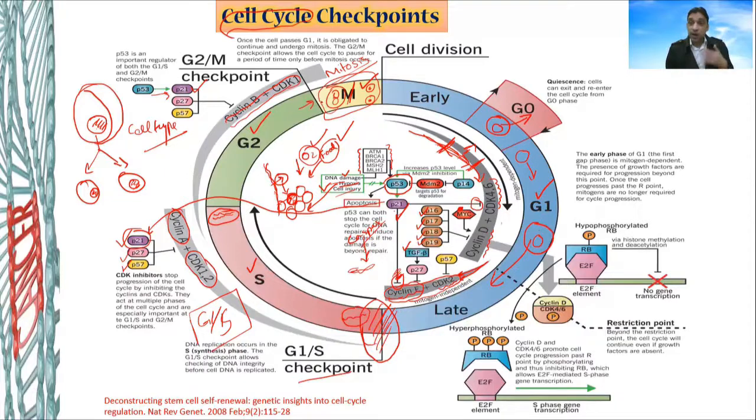Before the start of mitosis, the cells once again analyze and see that everything is there. And one of the most important regulators is P53. It should not be there. So if P53 is not there, the cell can easily pass that checkpoint as well. This checkpoint is called the G2M checkpoint. So either the cell is blocked at G1S or alternatively it can be stopped at the G2M checkpoint if something is bad. If everything is fine, the cell enters into mitosis, proceeds further and produces the daughter cells. And then these daughter cells will repeat the same things once again.